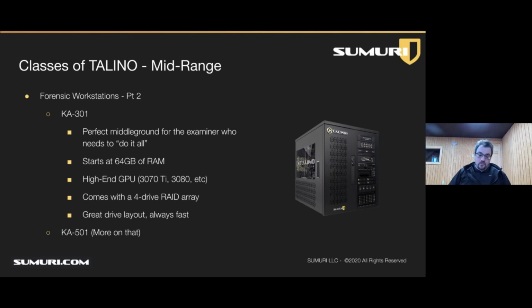It starts off at 64 gigs of RAM. It includes a high-end GPU, things like a 3070 Ti, 3080. We could put something even higher end if your agency has a need for it. It comes right away with that great